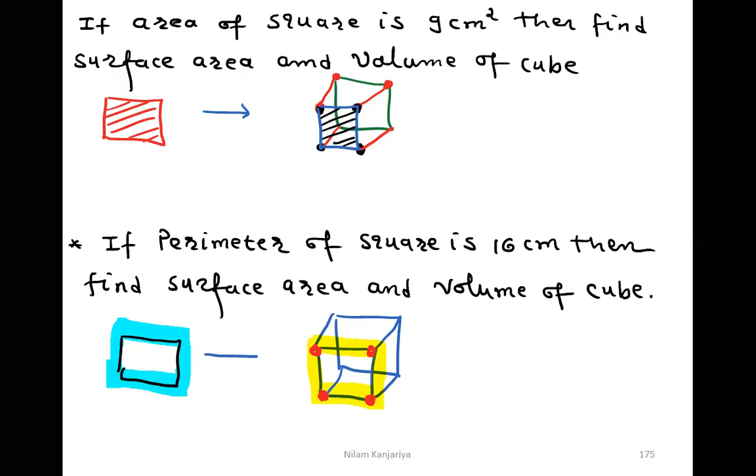First of all, you can find the length of the side by using the perimeter of the square. The perimeter of the square formula is 4a. But here I am not using a as the length of the square. I am using S as the length of the square, because here we use the formula for sides.